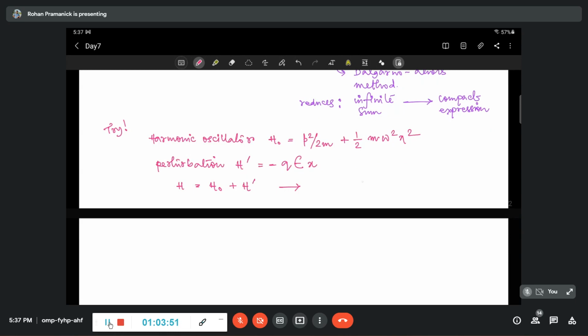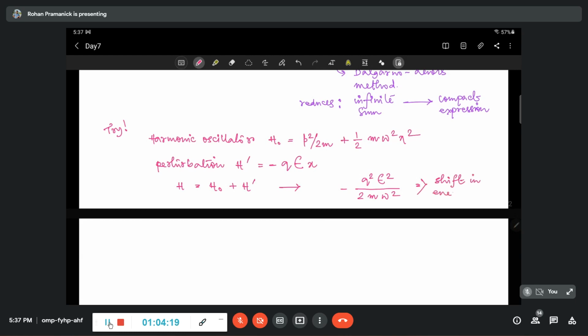q squared epsilon squared by 2m omega squared. And what is the sign? Plus or minus? Sir, it is minus. Yes, so this is the minus. So this is the shift